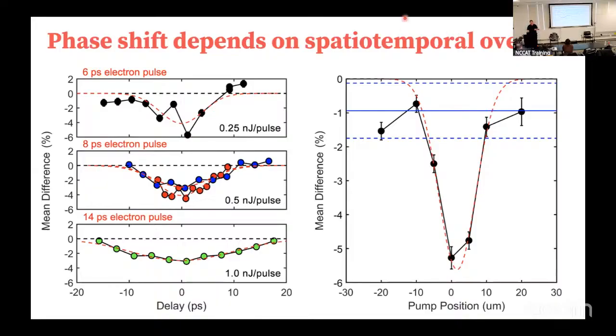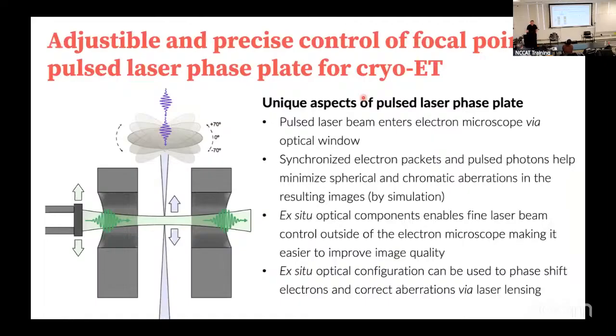You can start to see here that if you use 6 picosecond, 8 picosecond, 14 picosecond, the Gaussian is getting shallower each time. So that's obviously making the effect weaker. And then spatially, if you were to have misalignment between the laser beam and the electron beam, so if they're not overlapping perfectly, it also goes to 0 as well. So this effect, we kind of parameterized around it and what makes it. One of the reasons why we like this approach and why we'll continue to pursue it is because one of the things about tomography in particular is that